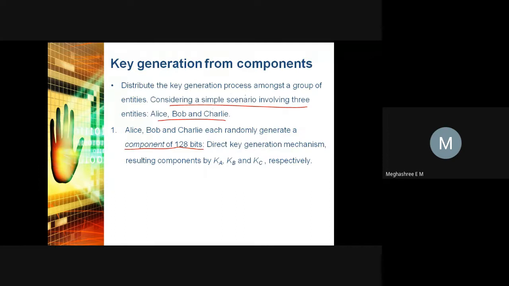Initially, each of them will randomly generate a key, and we'll see that in detail in the next step. Remember, Alice, Bob, and Charlie are the three entities involved in generating the key here. Initially all these three entities generate a key, which is generated using any method under the direct key generation mechanism, the first method that we studied in key generation.